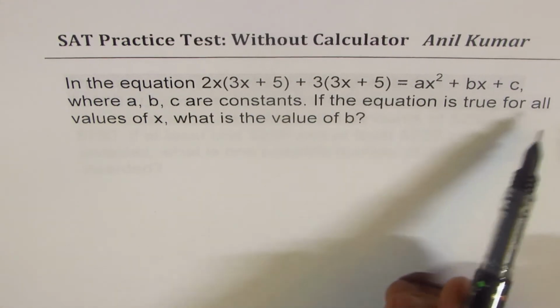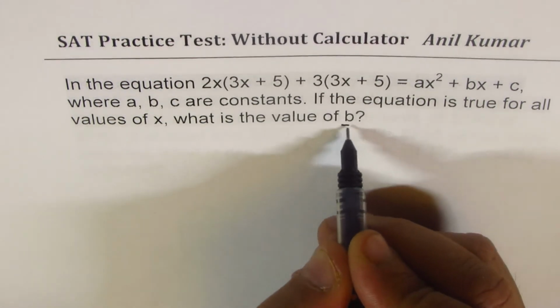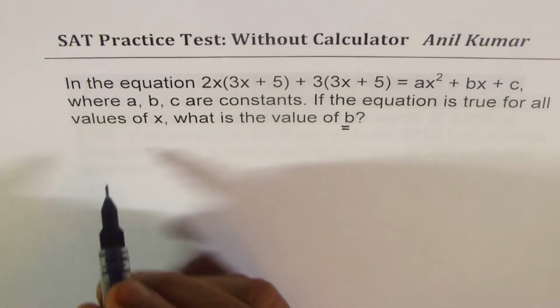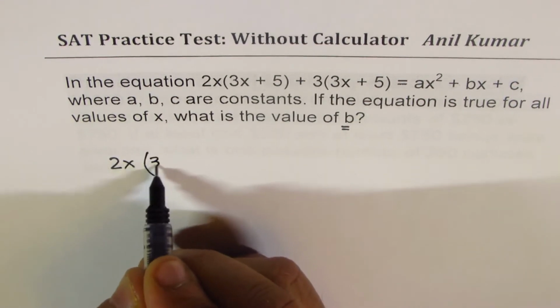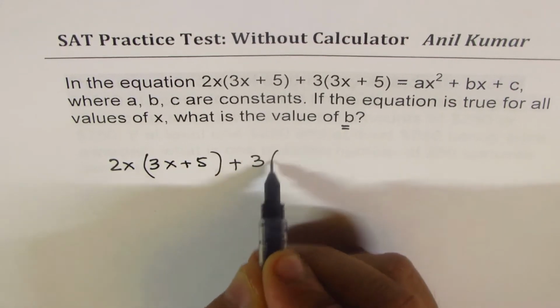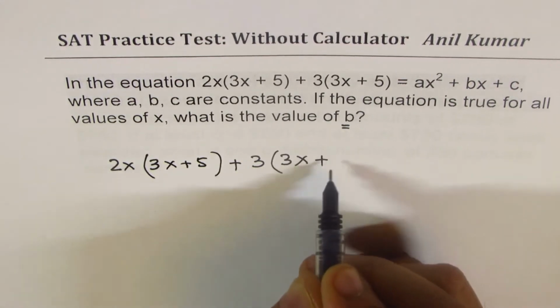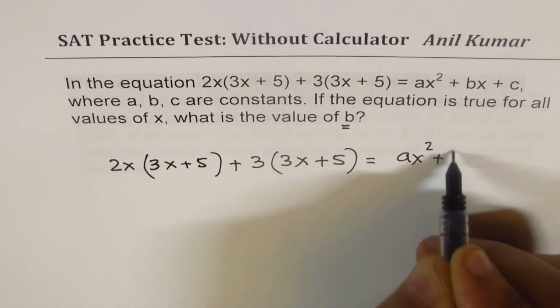If the equation is true for all values of x, what is the value of b? So we have to find the value of b. Let me rewrite this equation. So we are given (2x + 3)(3x + 5) plus 3 times (3x + 5) equal to ax squared plus